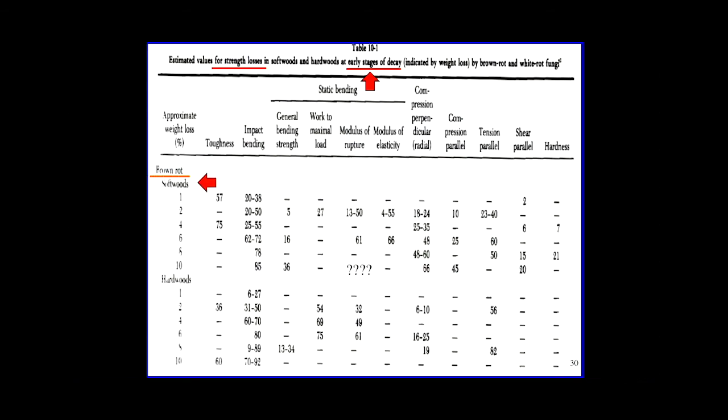Okay, so these are some old figures out of the Wood Handbook. Actually, not the Wood Handbook. This is some of Wayne Wilcox's data from the 1970s on the early stages of brown rot. Brown rot is over here in softwoods, and then down here in hardwoods. We'll just look at a couple of columns, MOR and MOE. You can see that you've lost about 2/3 of your MOR and MOE, and in hardwoods, similarly, we have lost that much. In wood that, again, is a little bit wetted, but certainly not rapidly degraded.